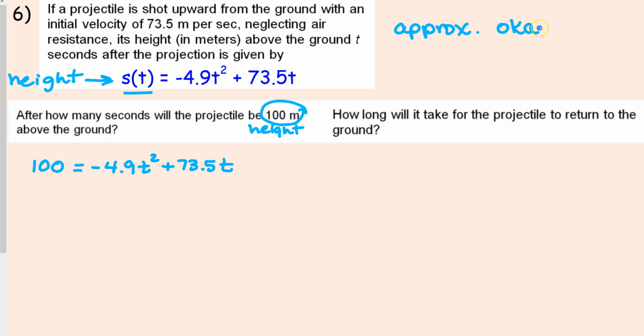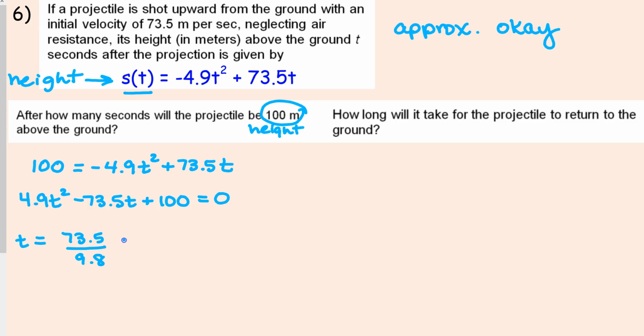So generally I'm going to give you directions. When is approximating okay? When is it not okay? For this problem, let's say it's okay. So what we need to do is get all of our terms over to one side. 4.9 t squared minus 73.5 t plus 100 equals 0. And then using the quadratic formula, we have t equals the opposite of b over 2a plus or minus the square root of b squared. Make sure you have parentheses around your negative number before you square it, or else it's not going to work out to be the right sign. Minus 4 times a times c